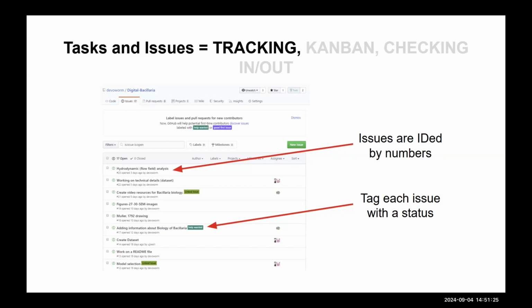This is why I'm making this push for GitHub, and we're going to work with it throughout the term. We have this tracking function where we can track everything: specific to-do items, how we've completed them, and our conversations in working out the problems.